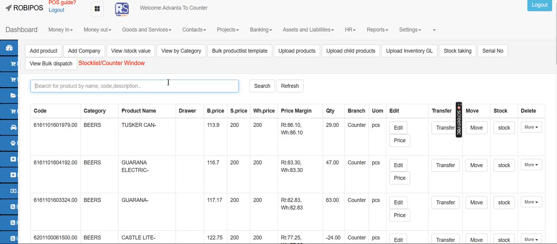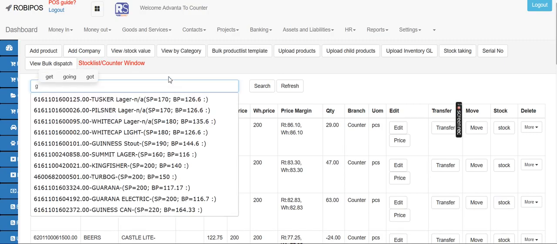So the system is the same way. But counter also can represent branch one, branch two, branch three, and main store also can represent HQ, where you dispatch an item from HQ to the various branches that we have automatically. So as we continue with that,